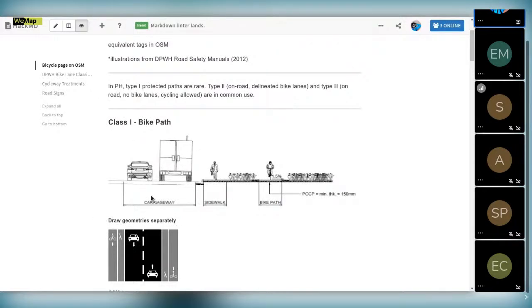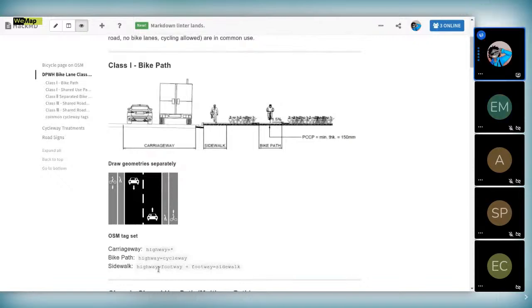The carriageway where the motor vehicles travel are separated from pedestrians, may sariling sidewalk, and a bike path. As far as I know, the only area in the Philippines which has this kind of configuration is a new road they're constructing in Davao City, yung Davao Coastal Road nila, na hiwalay talaga yung bike path. Kung ganun yung bike path na, kunyari, sa Mandaue, nag-implement kayo ng ganun,